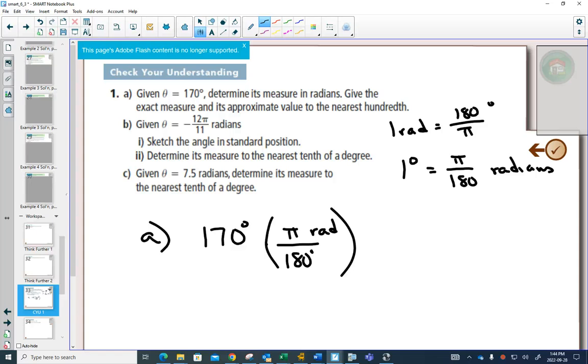A kilometer divided by 1,000 meters is 1 because they're the same thing, just in different measurements. And do you know when you divide, things cancel out? So think here, you want your degrees to cancel out. And we're left with